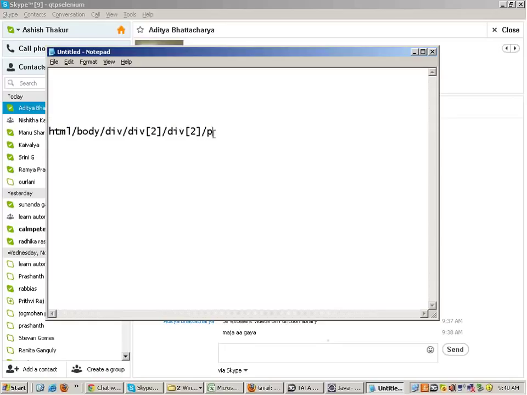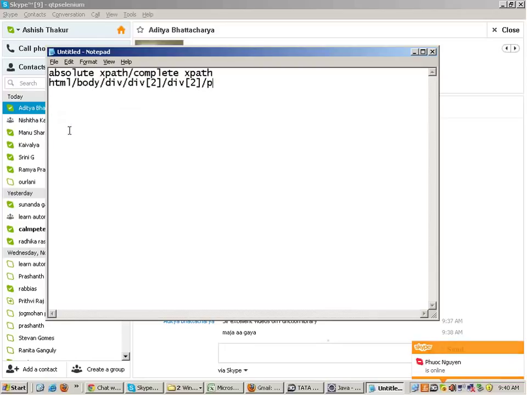Okay, there are two types of XPaths. This one is known as absolute XPath, or you can also say complete XPath. Okay, this starts from the base of the HTML document. Right now, there is something known as partial XPath. Okay, now partial XPath,